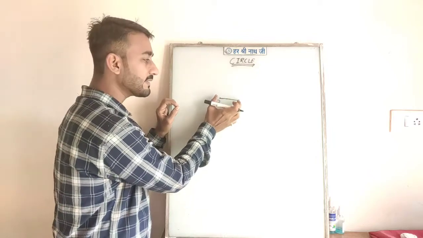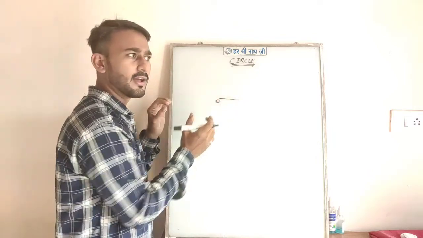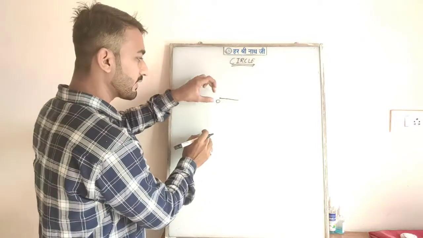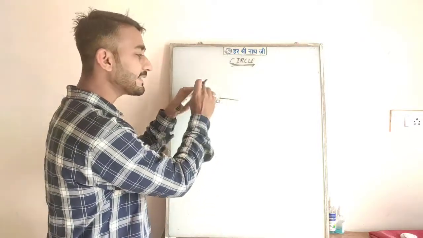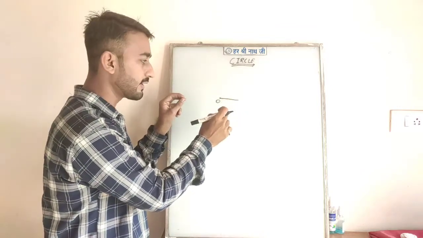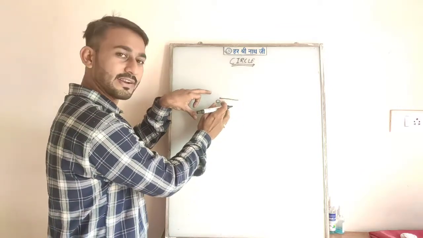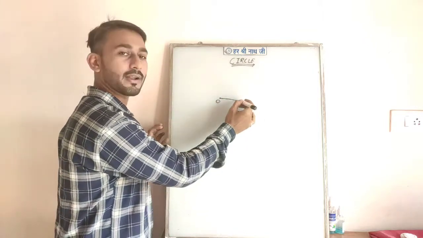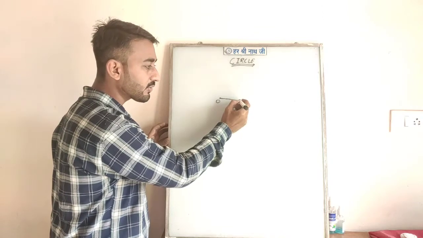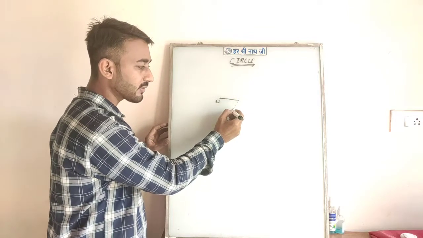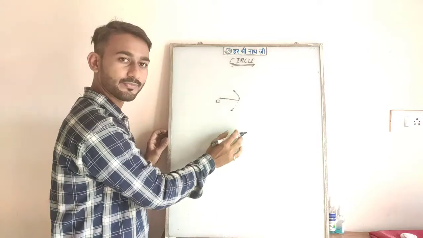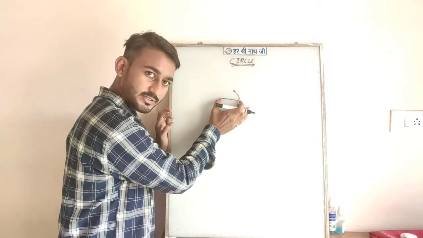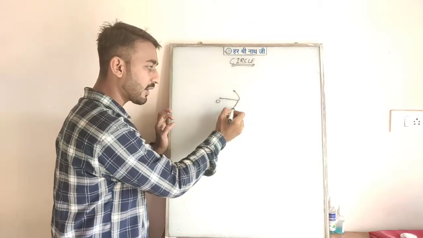Okay, and this distance has to be constant. Let me explain it in another way. Suppose I hit a nail to the wall. Suppose this is our nail, and I tie a thread to it. On the first end it has been tied to the nail. In the second end, I just tie my marker. Okay, and I start rotating this in either clockwise or anti-clockwise direction, in this manner or in this manner. Keeping this distance constant, I just move it in a round circular manner.